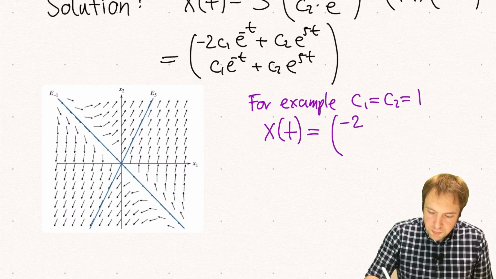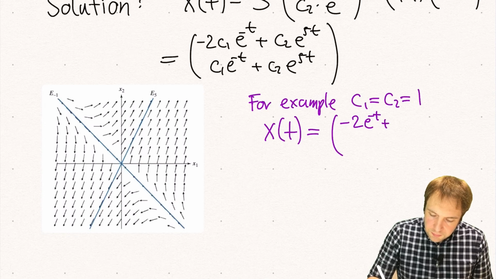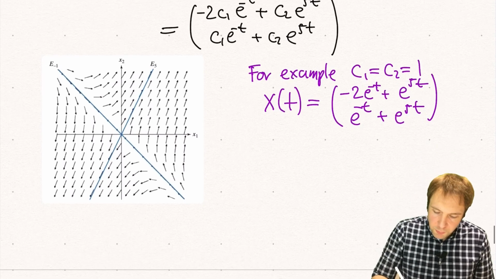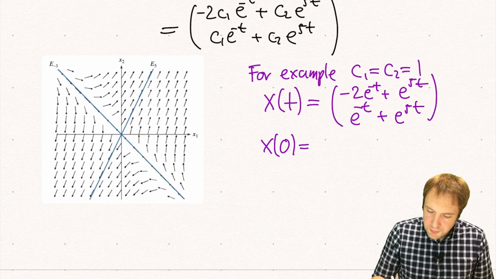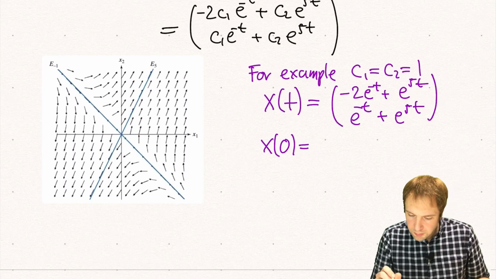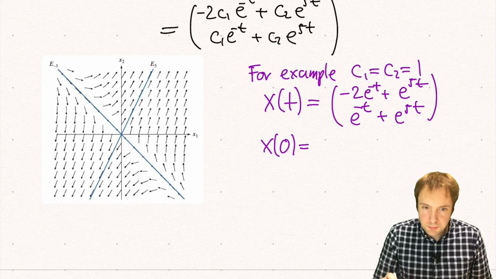So it's -2 e to the minus t plus e to the 5t, e to the minus t plus e to the 5t. So, for example, what is x0? Where this is 1, 1, so it's -1 plus